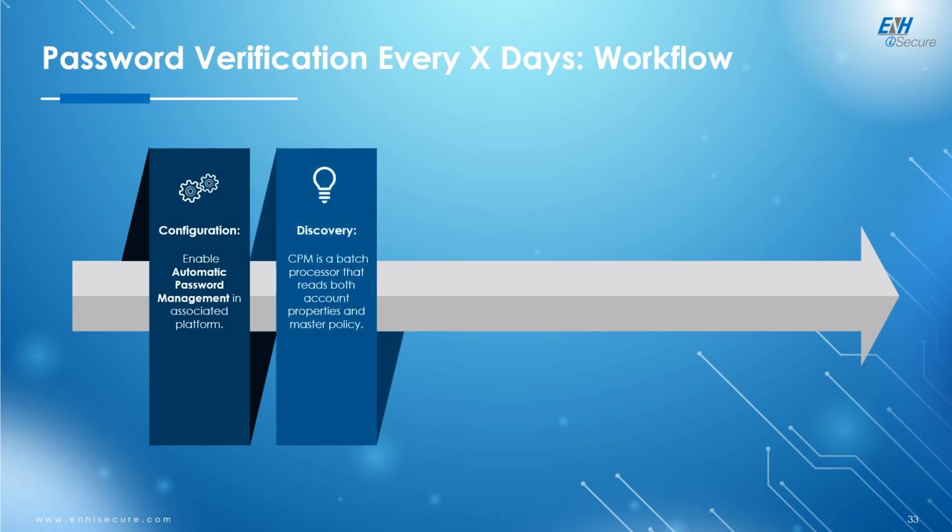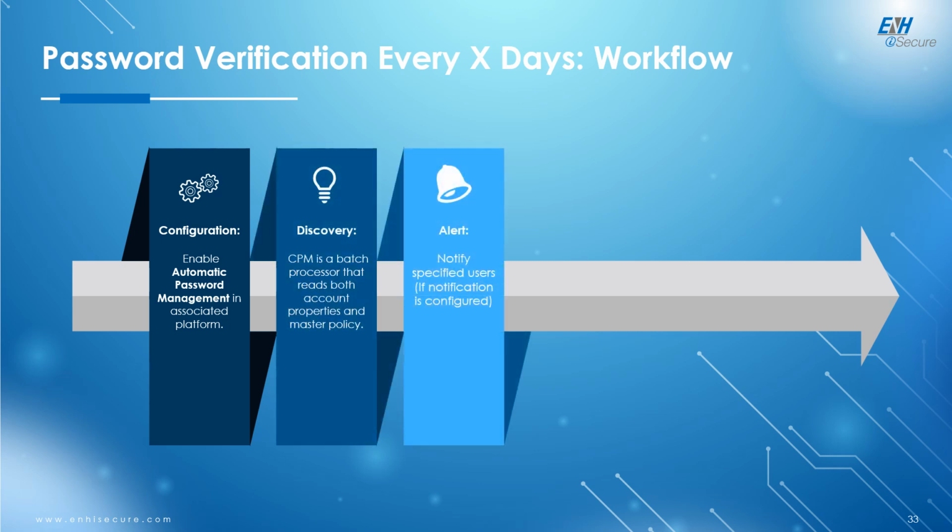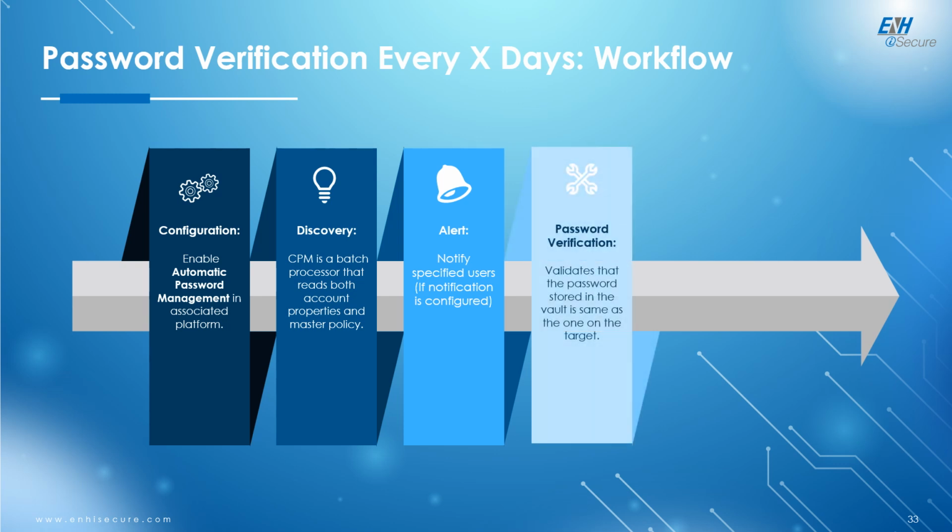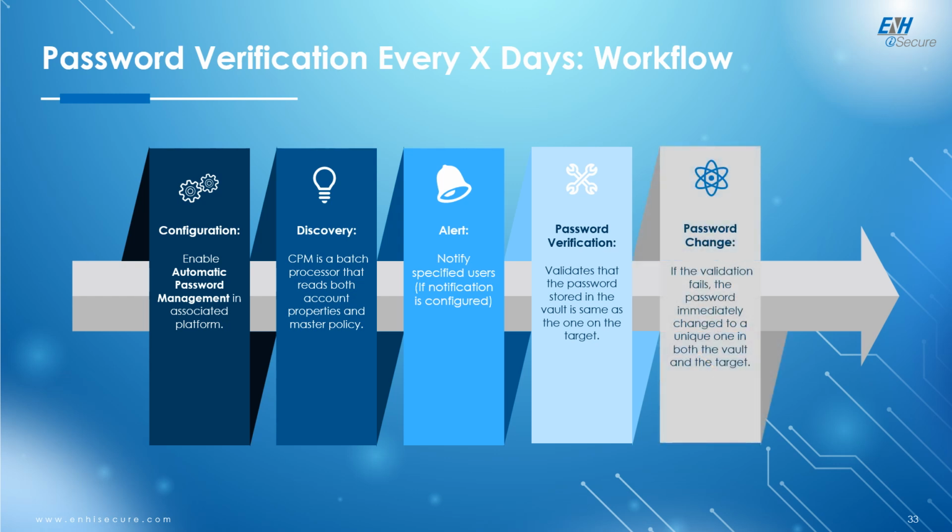Then the CPM scans the vault for accounts requiring verification. Then the CPM notifies the responsible users or owners of that account prior to the password change, if that is configured. The CPM retrieves the account information from the vault and then uses this information to log into the target system. The action either succeeds or fails, and then the CPM notifies the vault accordingly